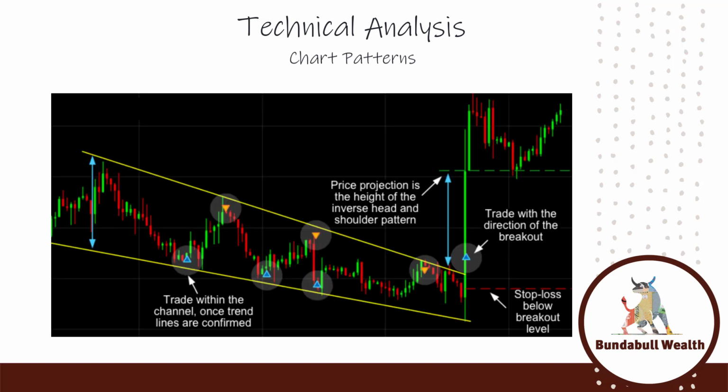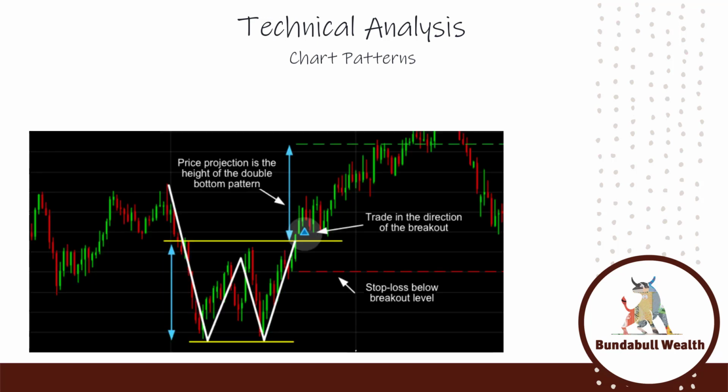Next, we've got a wedge pattern. A wedge pattern represents a tightening price movement between the support and resistance lines. This can be either a rising wedge or a falling wedge. Unlike the triangle, the wedge doesn't have the horizontal trend line and is characterized by either two upward trend lines or two downward trend lines. For a downward wedge, it is thought that the price will break through the resistance, and for an upward wedge, the price is supposed to break through the support. This means the wedge is a reversal pattern as the breakout is opposite to the general trend.